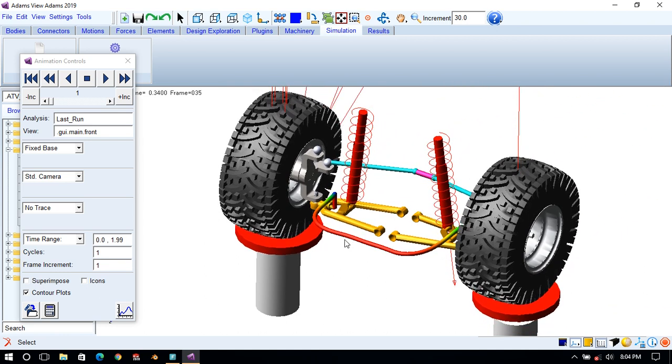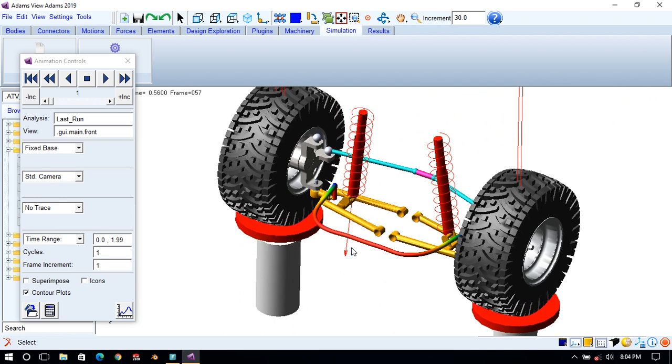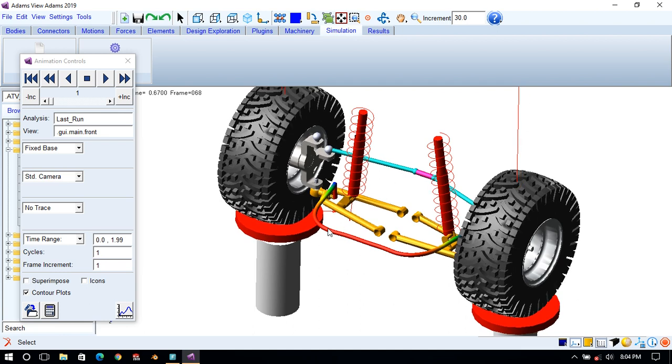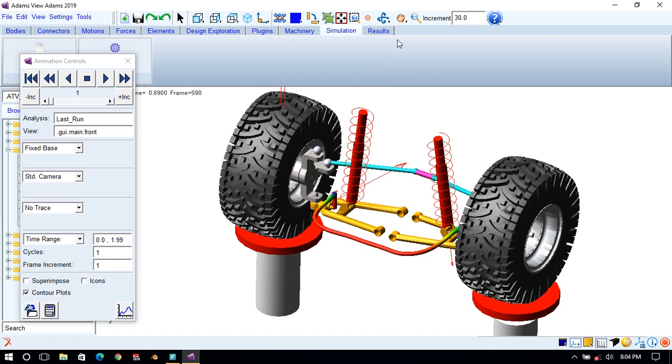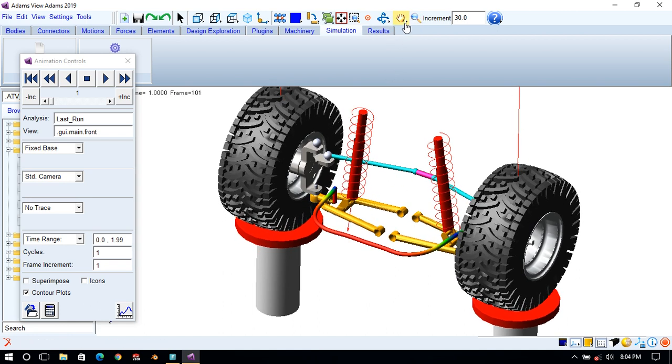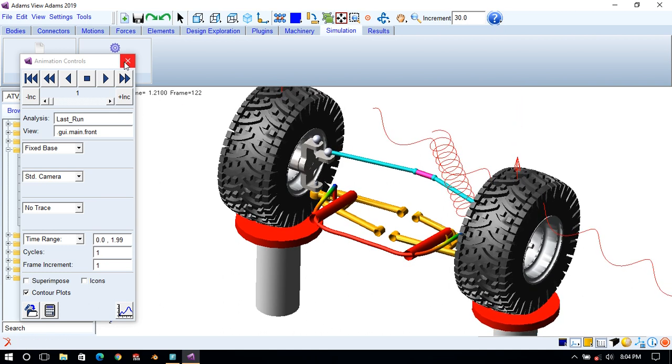The output is also affected by the position of the bushings, location of the bushings, and stiffness values of the bushing. If you want to calculate, you can calculate the bushing values. You can always find the information about this bushing in the help menu.